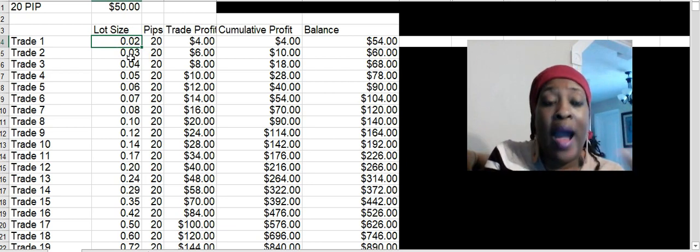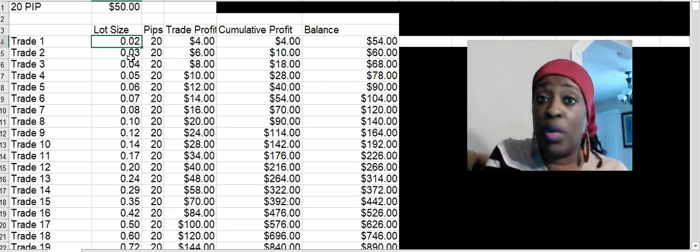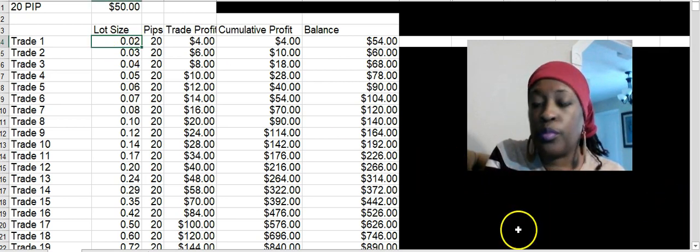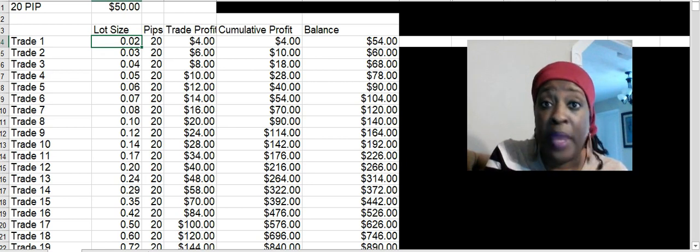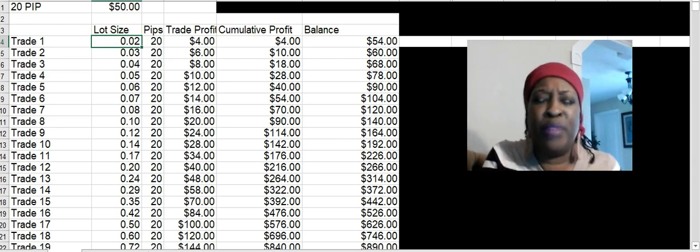And so what you can do with this is, this is what I recommend. First off, I recommend that you have at least 2 pairs that you will concentrate on trading. No more. No other pairs, no matter what other pairs are doing in the market, it doesn't matter. Just lock in on 2 pairs and focus on those 2 pairs. That's it. Nothing else. That way you can have focus, and now your attention is not all over the place. You have 2 pairs and you are analyzing just those 2 pairs. You're working with the triple arrow system, and that's it with those 2 pairs. And you will build a consistency. You will develop a relationship with those pairs,